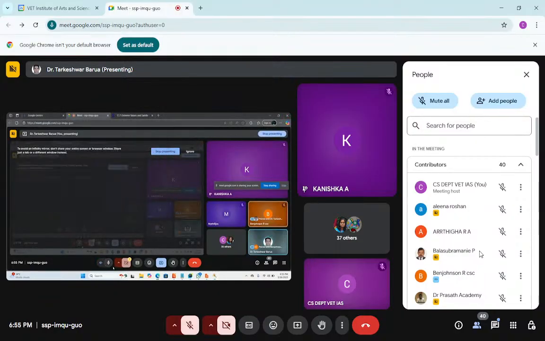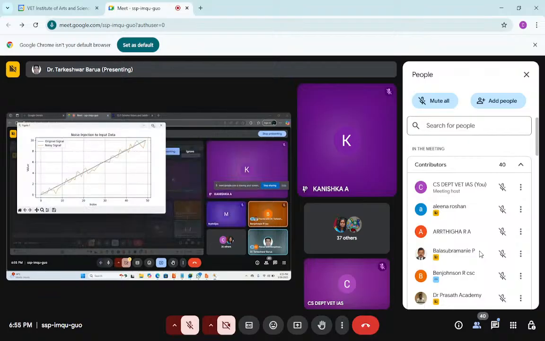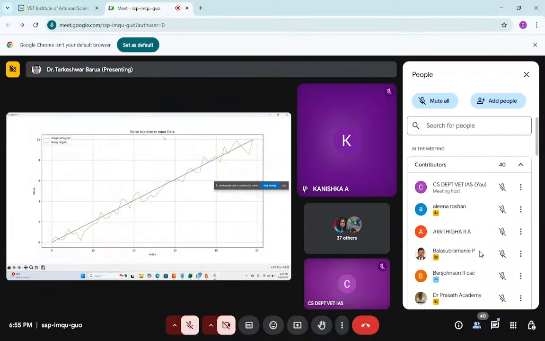So you can see this now. This is a chart with noise. Even after injecting noise,